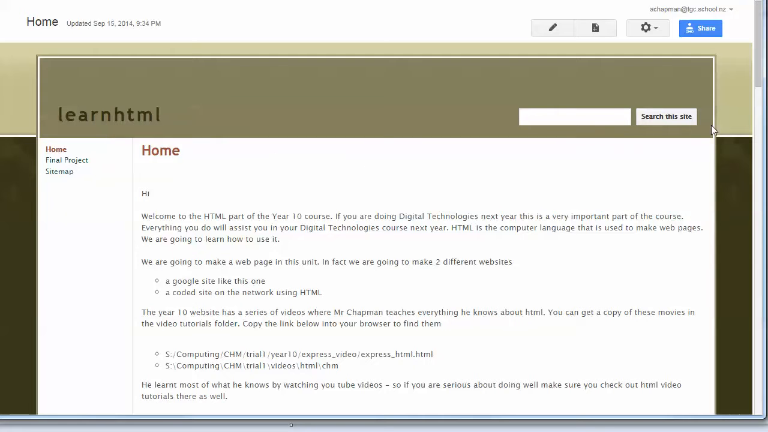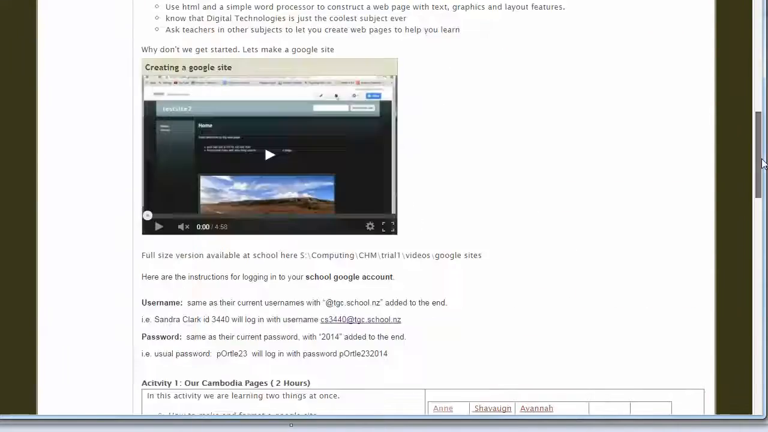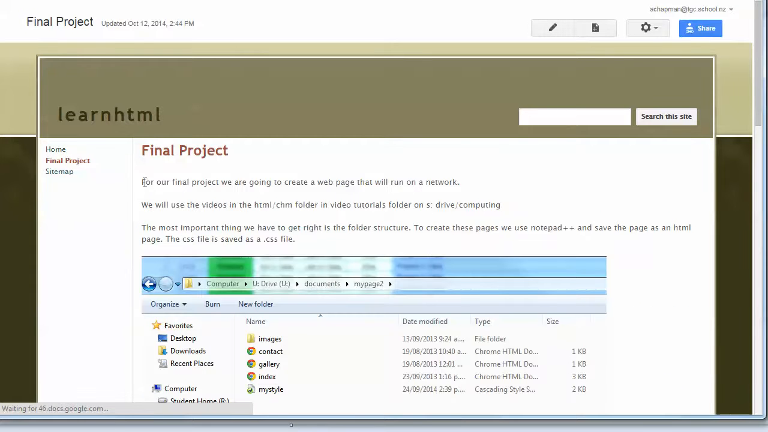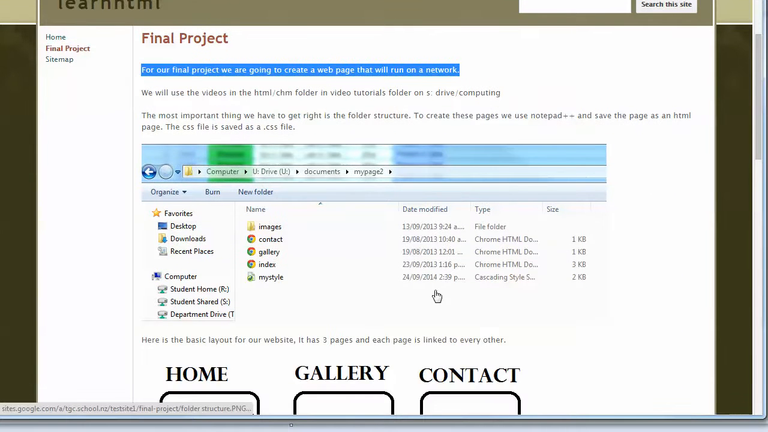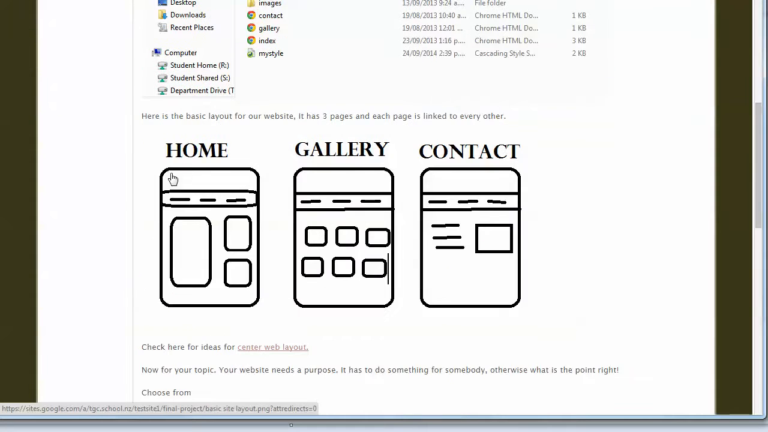Right, here's the Learn HTML site. You should have a link to that somewhere. Here's all the stuff that we've been doing, and you need to go to this page here, Final Project. And it says for our final project we're going to create a web page that will run on the network. The last lesson that you should have done, if you haven't done it already, go back and do it, is setting up the folder structure. So you end up with a folder structure like this,